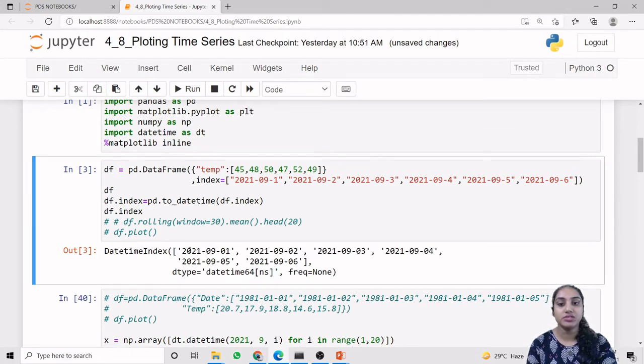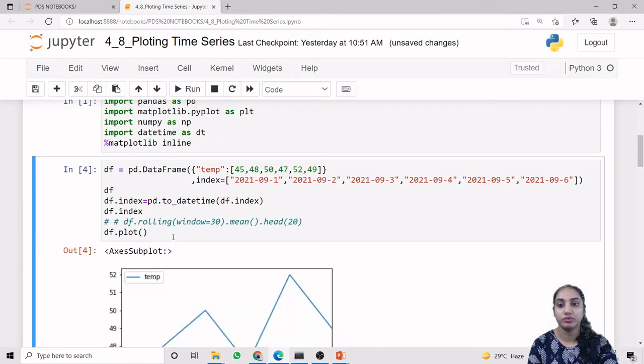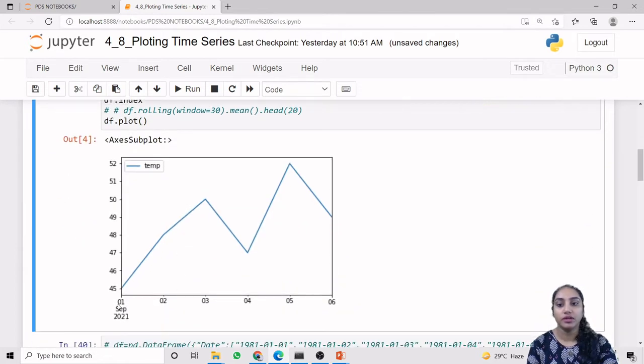Previously it was the string data type, but now it is the date and time data type. Now we are plotting our data using the df.plot method. So this is the output, and according to the values given to it, we have generated our graph.